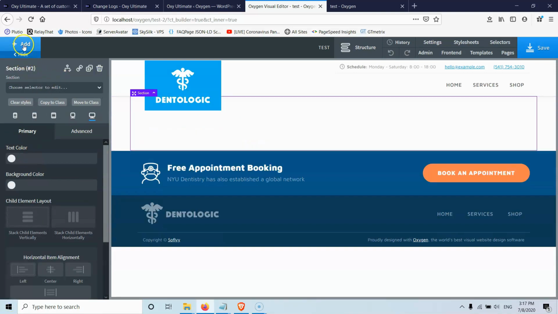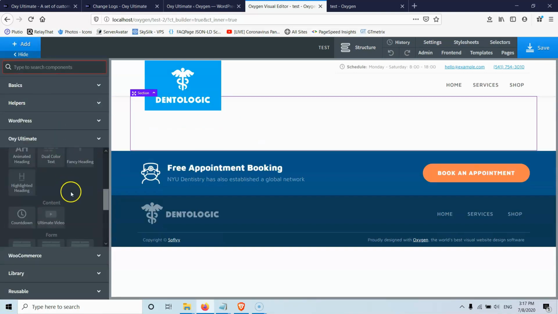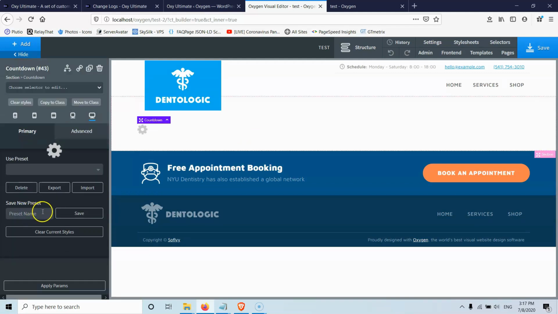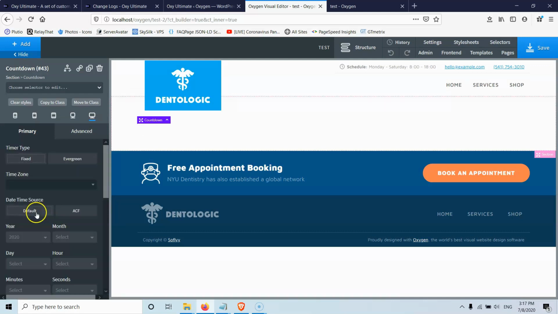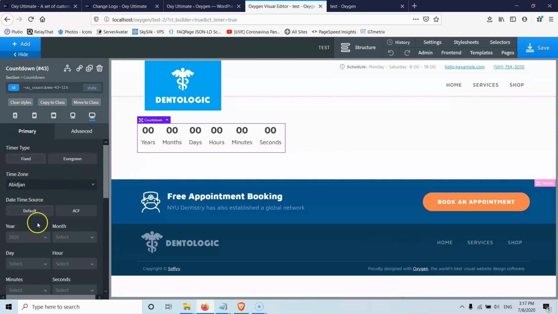Next one, let's go and add, and of course, as you can see, it has many features here. So let's go for a countdown. This is something that many of us will use, so we can set here fixed or evergreen. If you don't know what evergreen means, it means that it will not have a specific time.